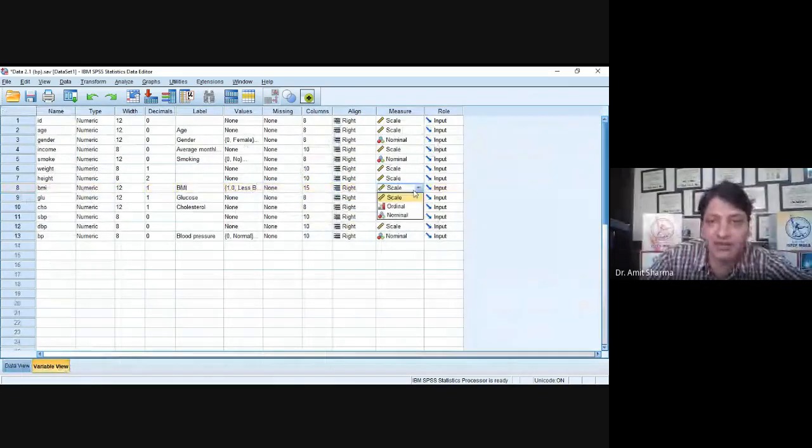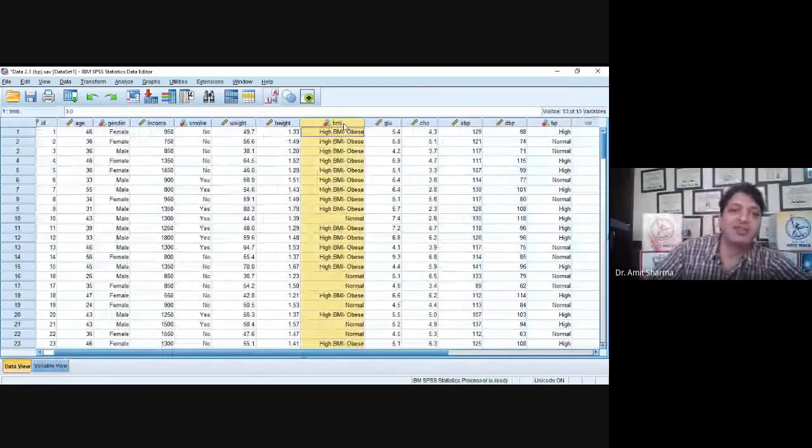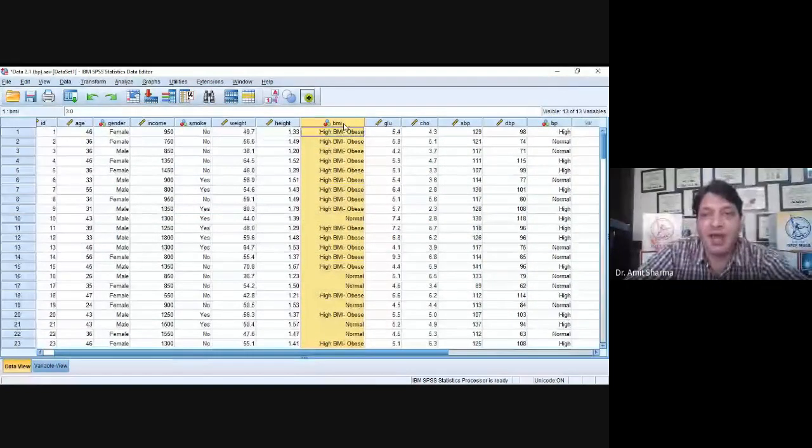BMI is now not scale, this is your nominal order, because we have three categories. See, in SPSS software, you can check the variable types by using the icons also. The icon which you are seeing right now for BMI has three different dots in different colors. So these three dots in three different colors are representing categories.